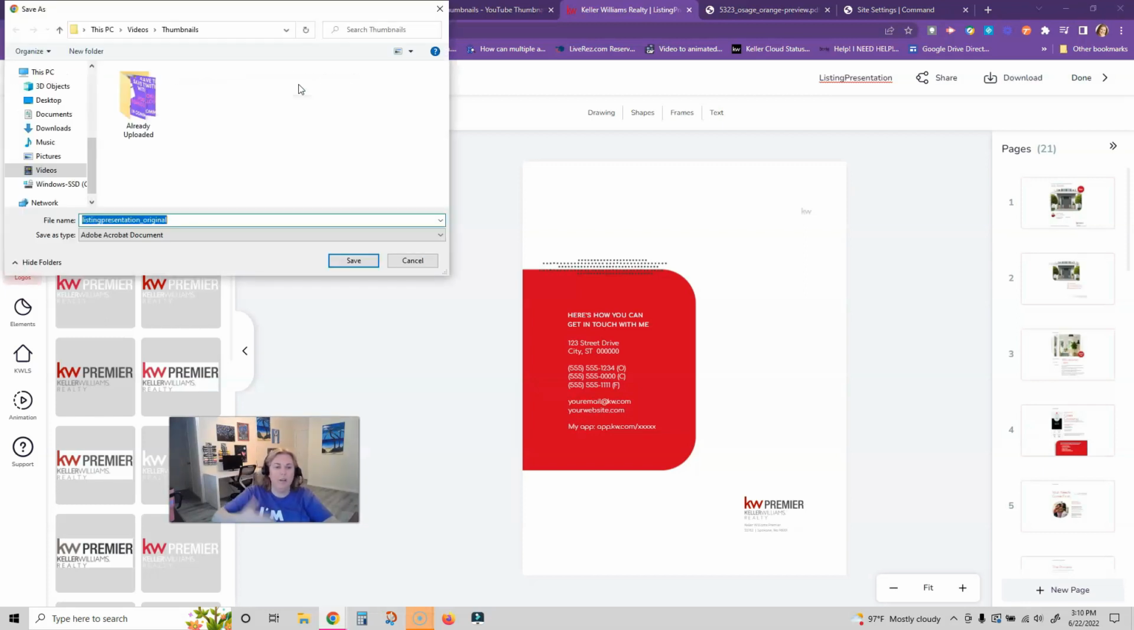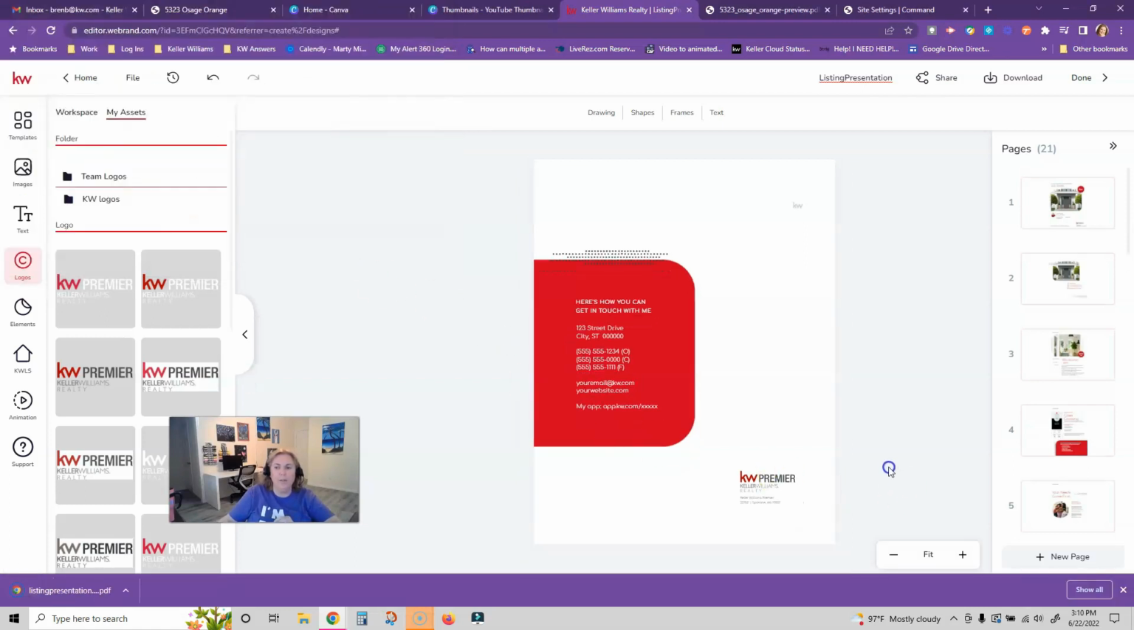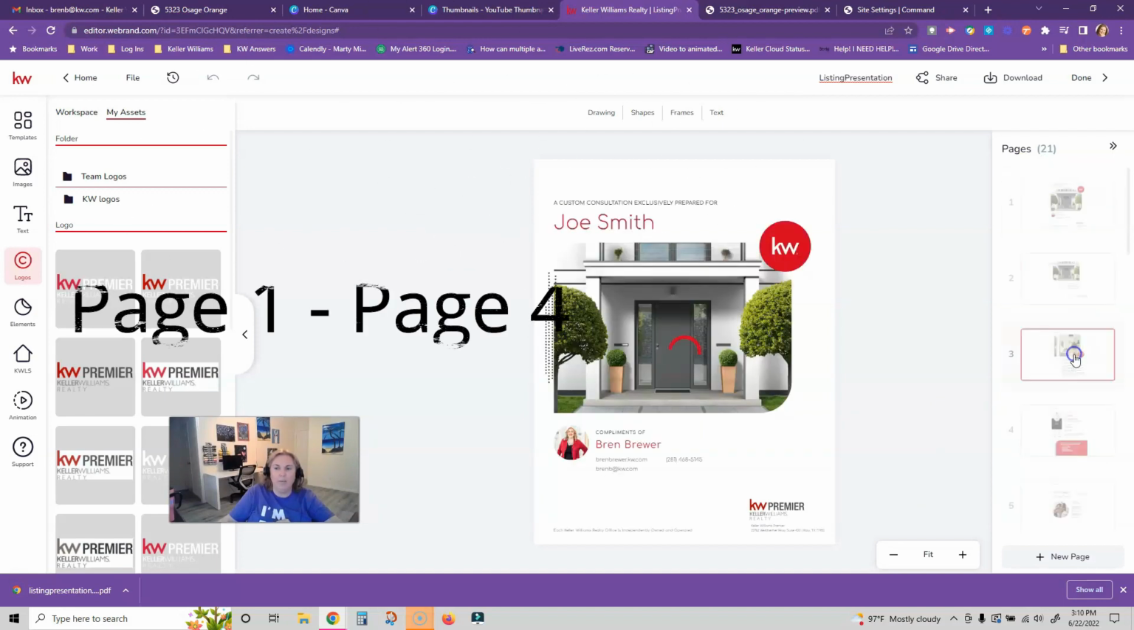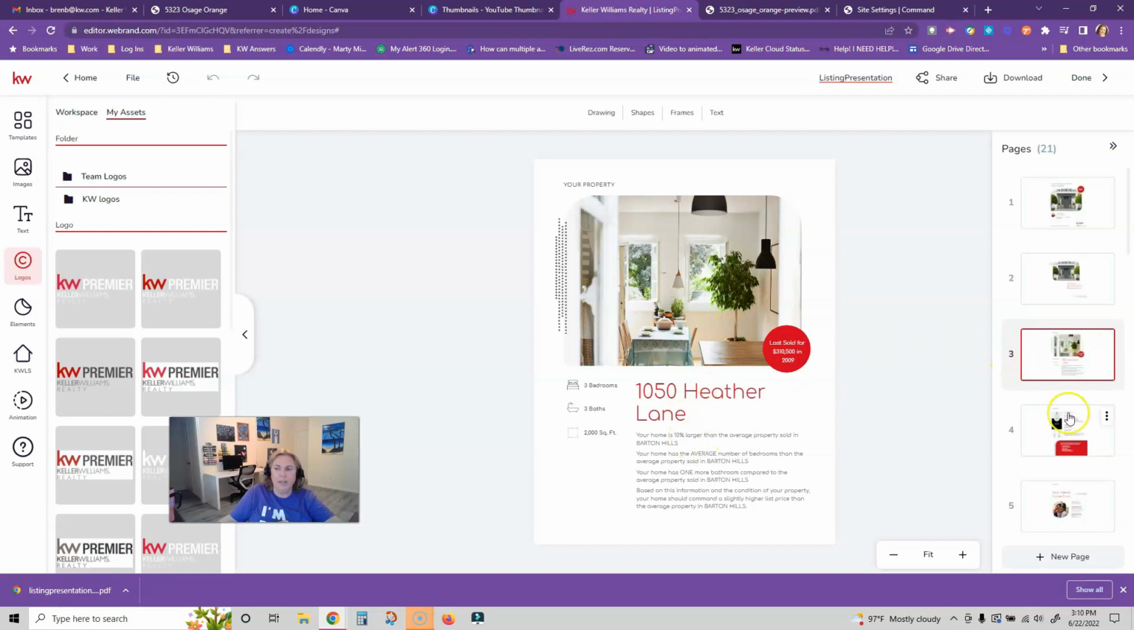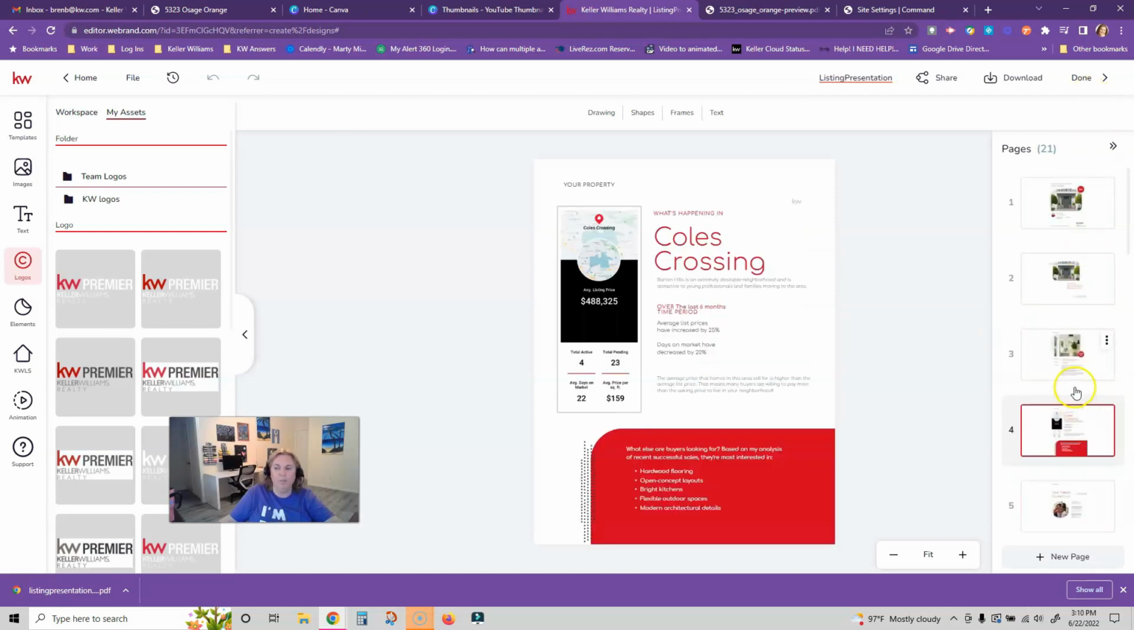Now, once you get it all customized and saved, the only thing you have to do when you go to a new appointment is come in and go to page 1, 2, and 3, and change out the pictures and information about the property and the neighborhood. It's actually page 1 through 4. Change all of this. And those are the only 4 pages you'll have to customize